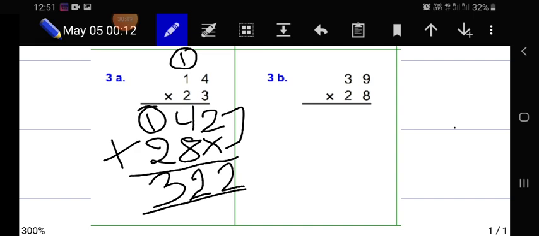Okay, so this is enough for today, and now after that we will discuss the two-digit multiplication with 2-digit or 3-digit or 4-digit numbers, or whatever it is. So okay, from the book. So now after that we are going to do all the sums from the book. Okay, good.